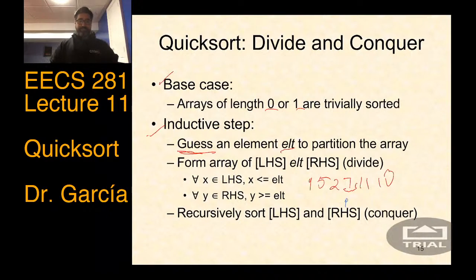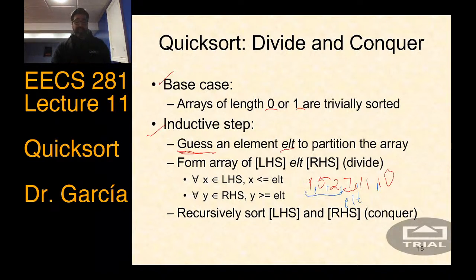ELT. Okay, so in that case, 7 is ELT, right? And everything to the left of 7 is less than 7. Everything to the right of 7 is greater than 7. Okay, let me add commas here so you know my handwriting. It's not the best. So notice that here there's no notion of this subset of elements being sorted in themselves,